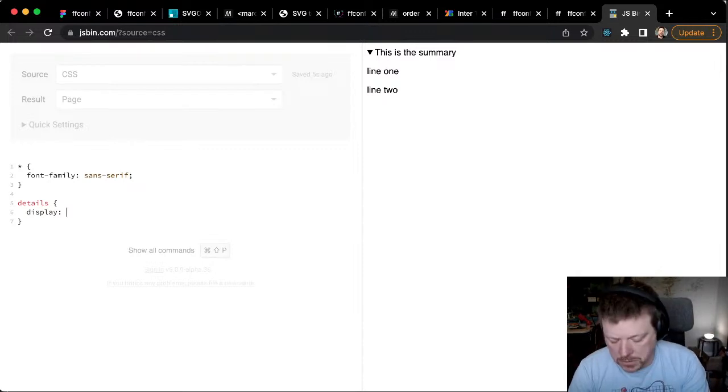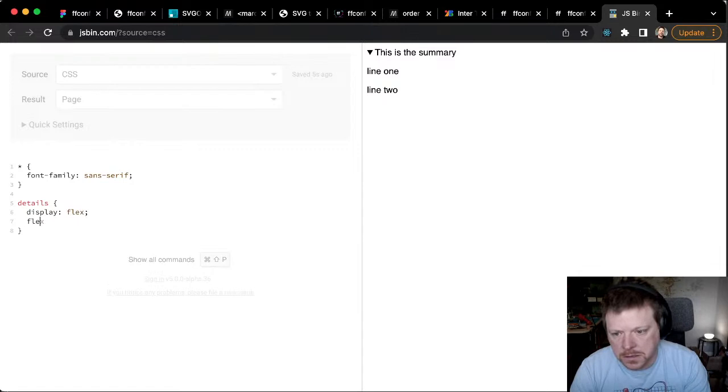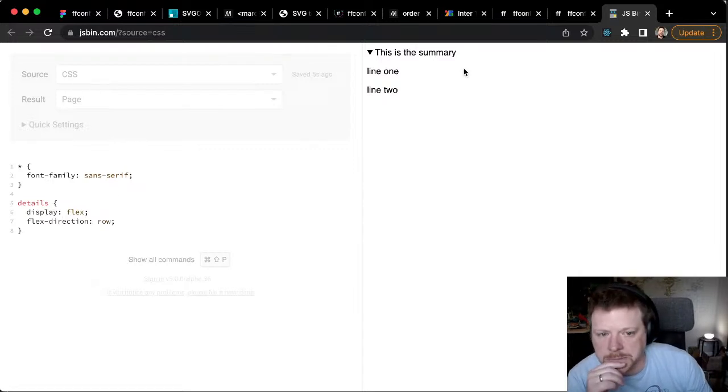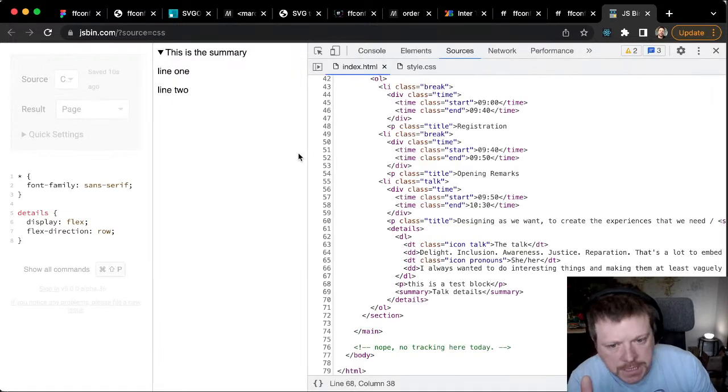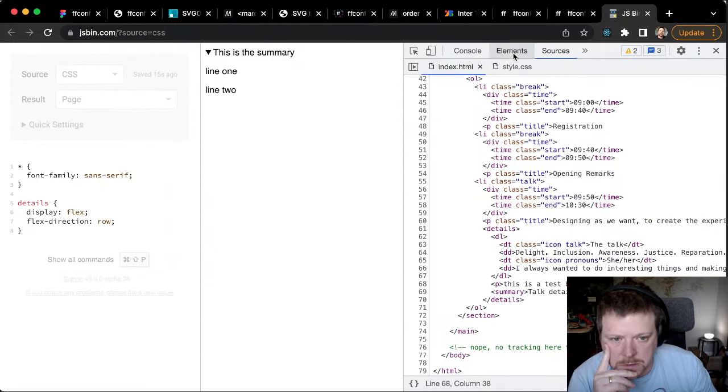I think I might know what it is. I think flex direction. I think it's because the details element, looking at the shadow DOM, I'm guessing here, but I think it's because the shadow DOM